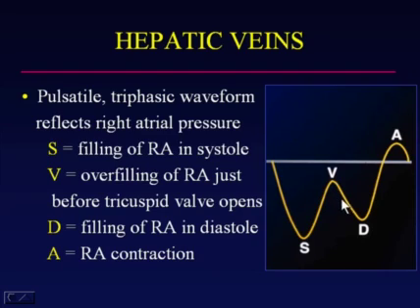Then there is another surge of flow away from the liver, the D wave, which corresponds to the filling of the right atrium in diastole. And then there is this A wave, which is called the atrial contraction or the atrial kick. And this occurs obviously as the right atrium contracts. And during this time period, there is a little push of blood flow back towards the liver in a hepatopedal